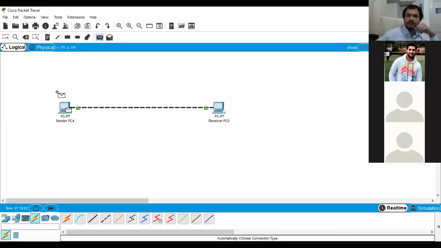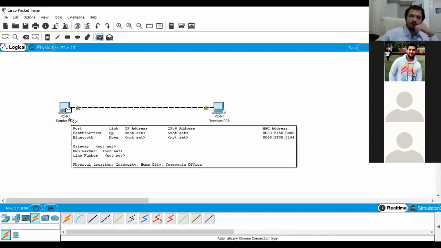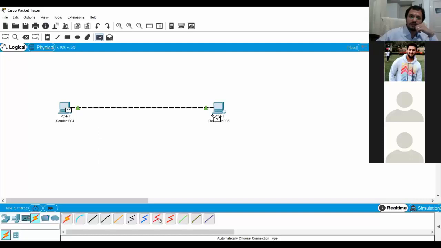In the definition in the first chapter you have studied that 5 things are needed. One is a sender who will send the packet. One is a receiver who will receive the packet. There needs to be some communication channel. That is the third thing that is needed. Fourth thing, the packet itself that I am holding right now. And what is missing? Can you please think and tell me? Yes? Anyone? Yes, class, I am audible.